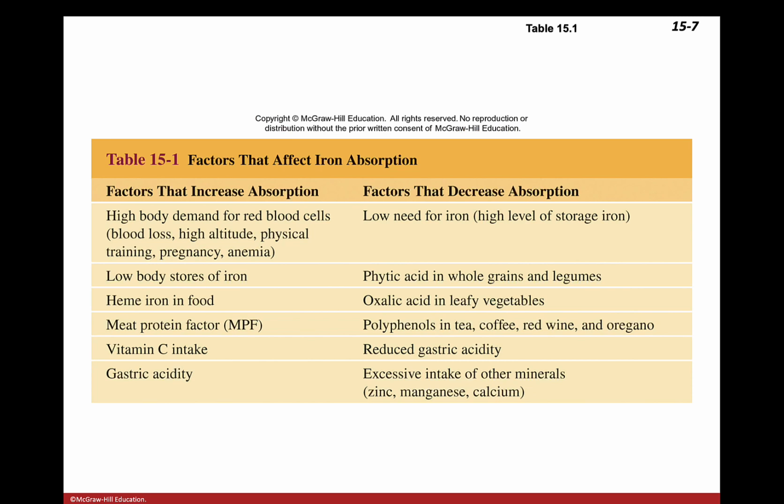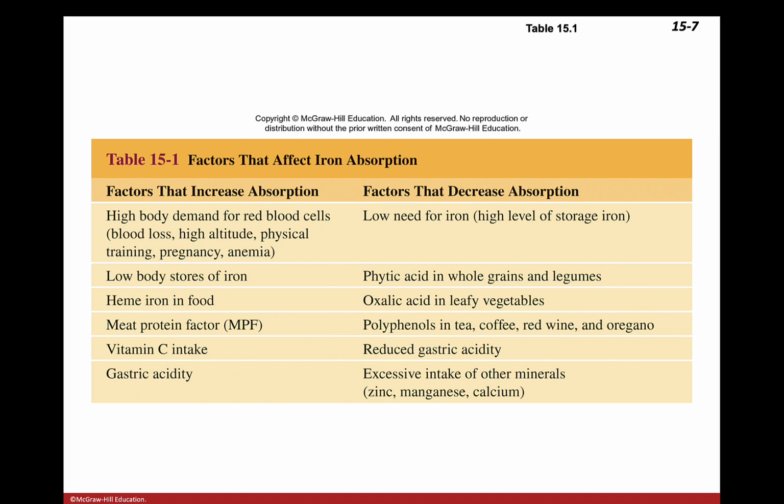Now, there are a number of factors that affect iron absorption. So this is something that you do want to be comfortable with. The factors that will increase the absorption of iron are high body demand for red blood cells, things such as blood loss, high altitude, physical training, pregnancy, and anemia. Low body stores of iron, heme iron in food, meat protein factor, also known as MPF, vitamin C intake, and